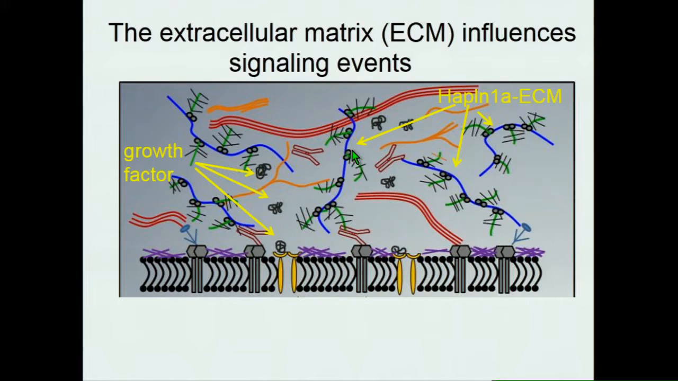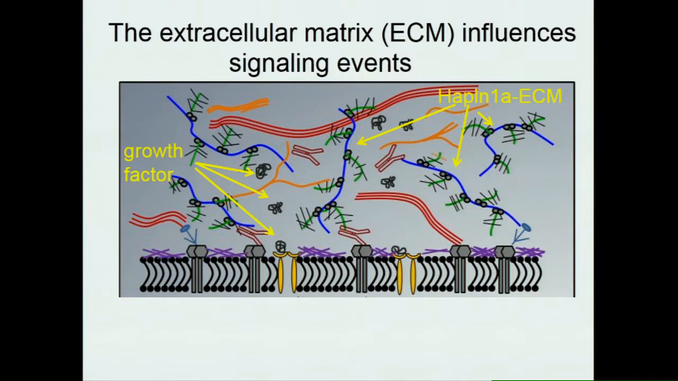surrounding cells. We became interested in Hapln1a because the mouse knockout for Hapln1 leads to dwarfism and craniofacial abnormalities, so skeletal defects, as well as perinatal lethality. And in addition, hyaluronic acid itself is known to be involved in many biological processes such as wound healing and regeneration